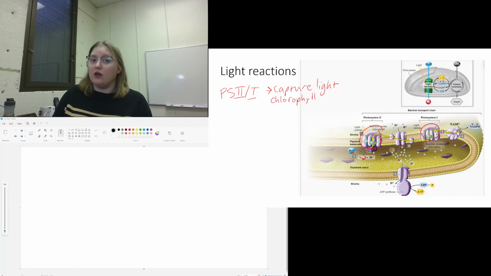Now, what does this protein look like? It is a transport protein. Remember, we talked about how we have proteins that assist in diffusion, and we have proteins assisting in active transport. This is an active transport situation. We have a low concentration of hydrogen on one side, and a high concentration of hydrogen on the inside of the lumen. This is the lumen that I was talking about earlier. So we have energy coming in, and that energy is being used to pump hydrogen ions from low concentration to